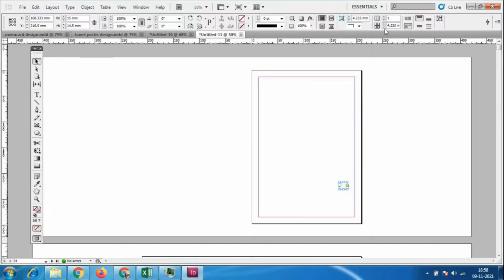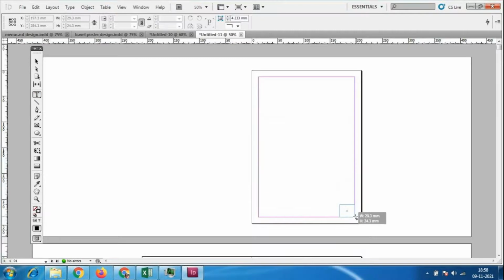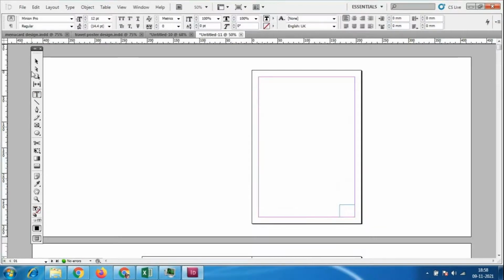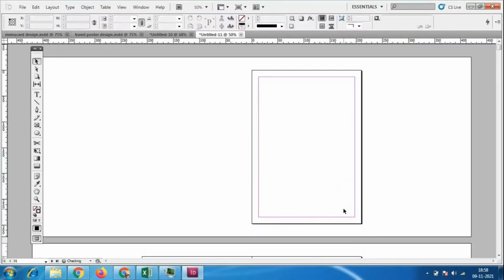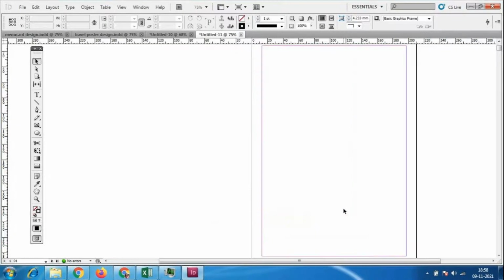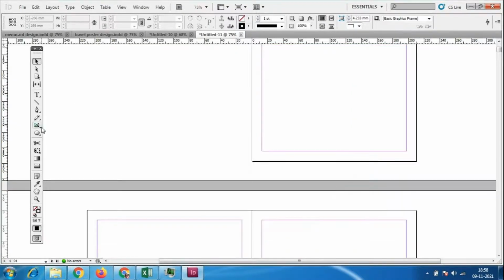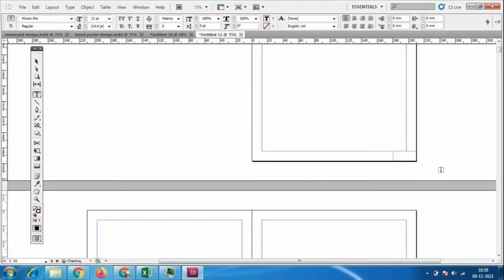Okay. So I'll go to this text box. I'll add the things like this, and I'll add one number here, and I'll increase the text size.